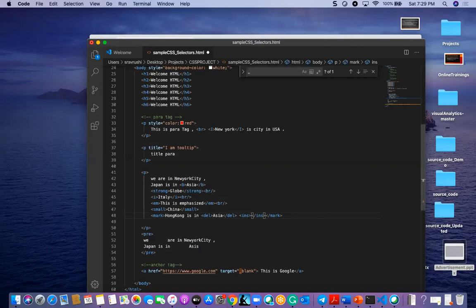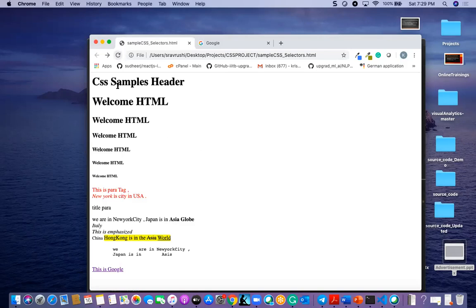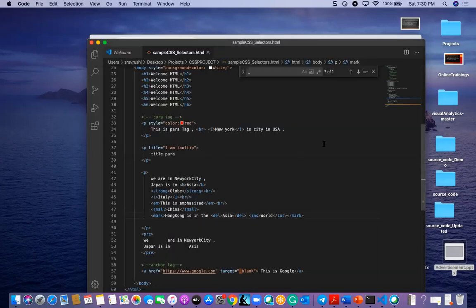So here I can go for some world. Now you can find it in the world. That's how insert will work.